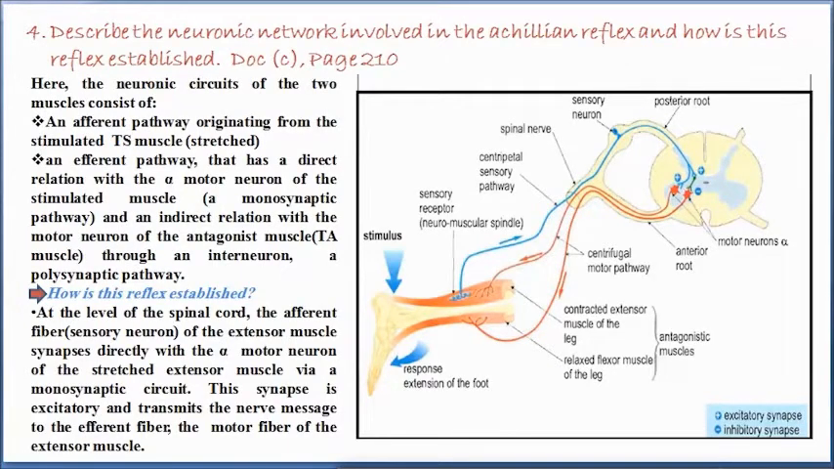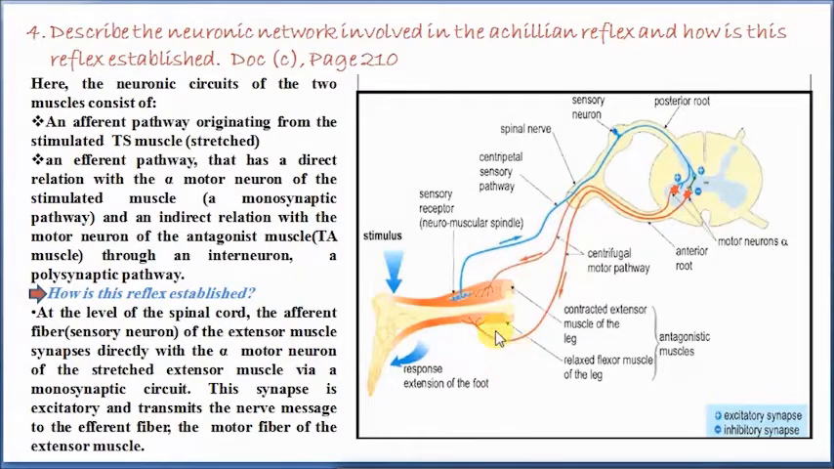This brings us to point 4, which is to describe the neuronic network involved in the Achillean reflex and how this reflex is established. The following document here is found on page 210. If this is not clear, you can refer to your book, which is document 3. Now, before we start describing the network and the Achillean reflex, let's have a look at document 3 and observe the parts which are